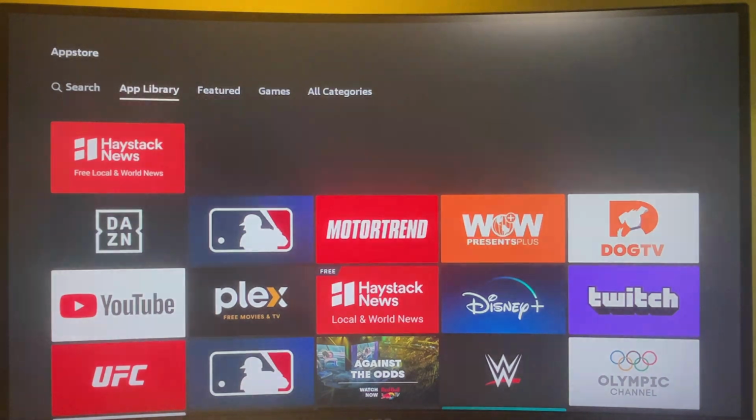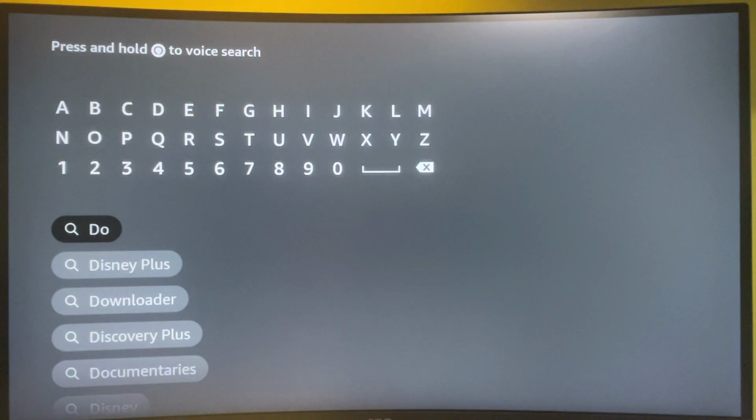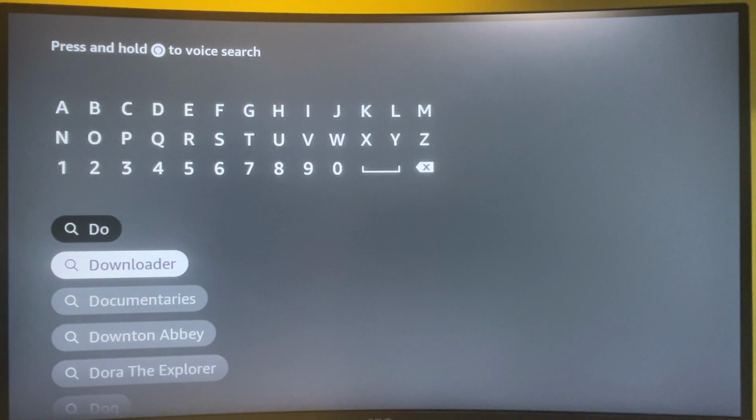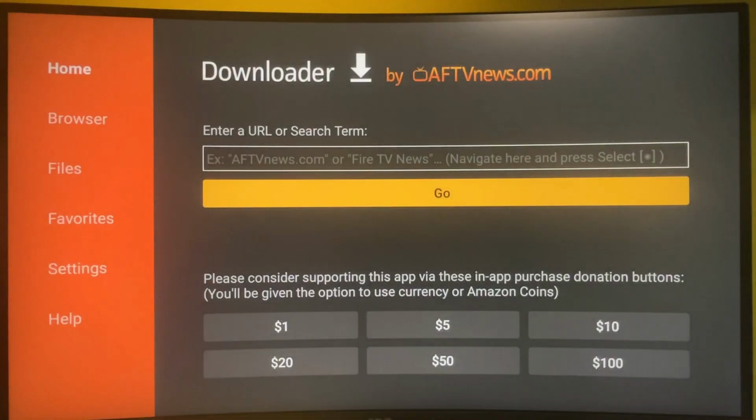I guess the majority of you already know about that app, but for those who don't, go to search and type Downloader. And here it popped out at the bottom. So press on Downloader, select the app and download it. I already have the Downloader on my Fire TV, so I don't have to download it, but you may have to. When you've got Downloader, there are some things we need to do with the settings of our Fire Stick. So hold down your home button,